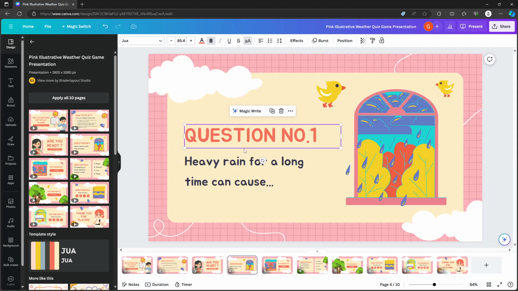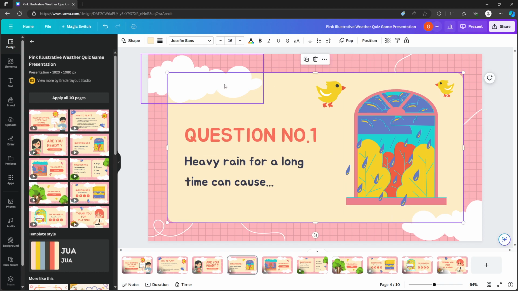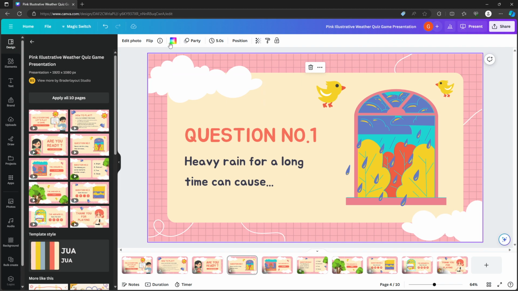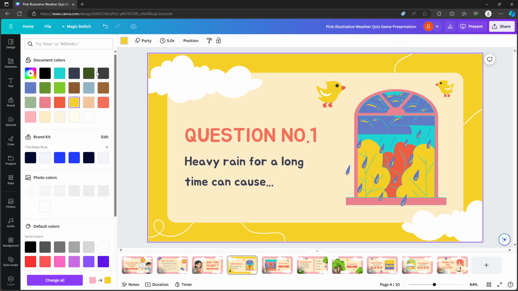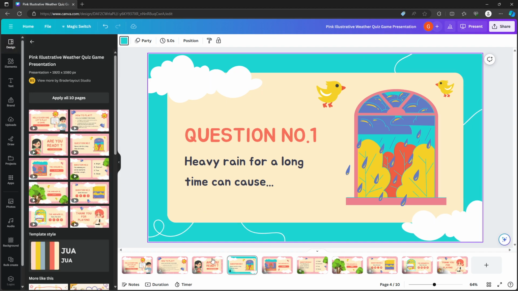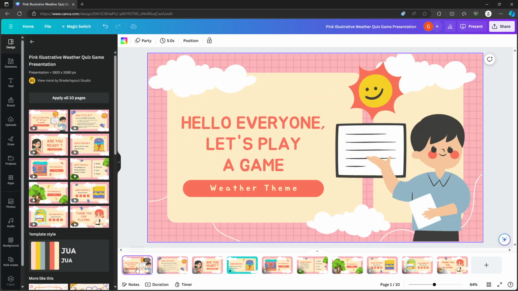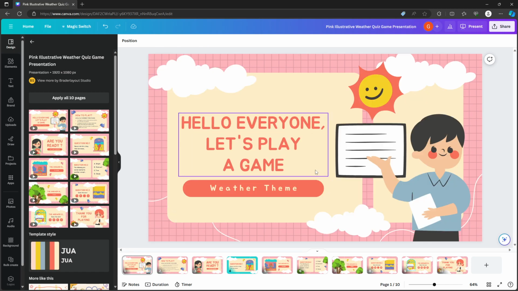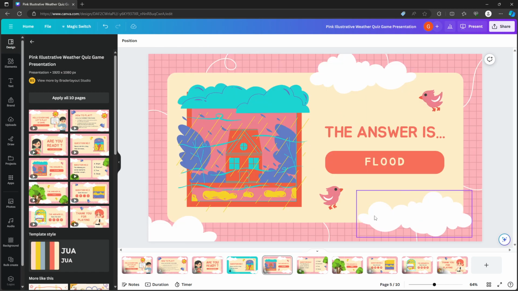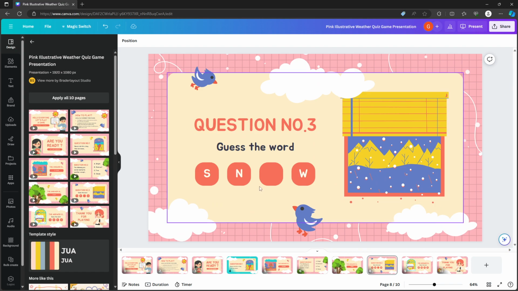Of course, if you want to, you can edit anything that you want over here. If you want to remove something, that's completely fine. You want to change the background color, you can do that as well. It's really up to you and up to your imagination. And you can, for instance, start from here, and you can create something individual with the help of a pre-made